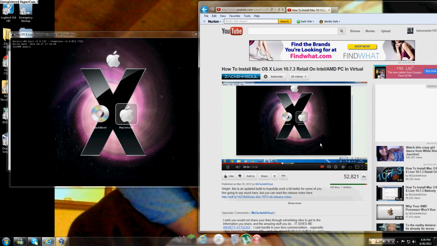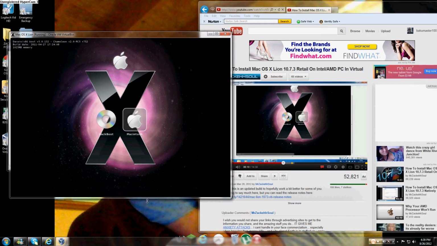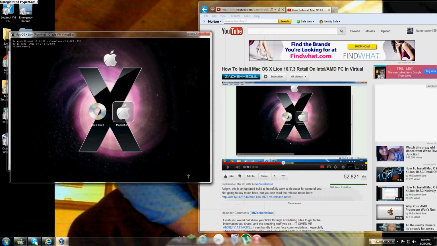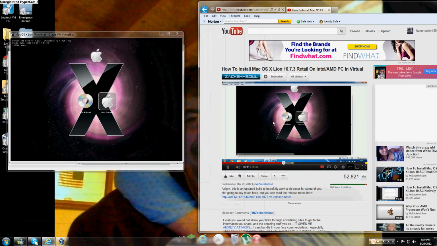What's also good about this is you can boot with the -v flag, as you can see down there. So all you have to do is type -v in machine, and then press enter when you're highlighted over the